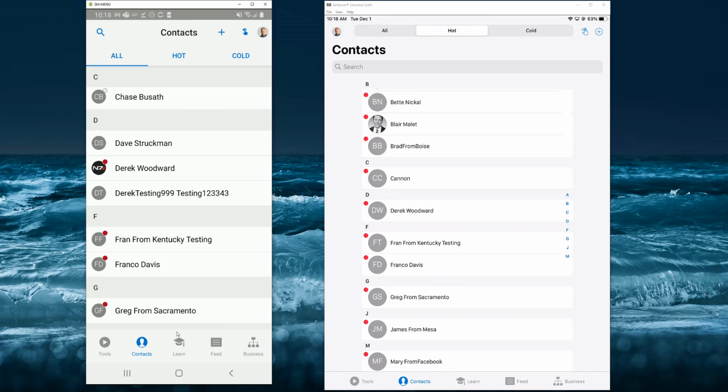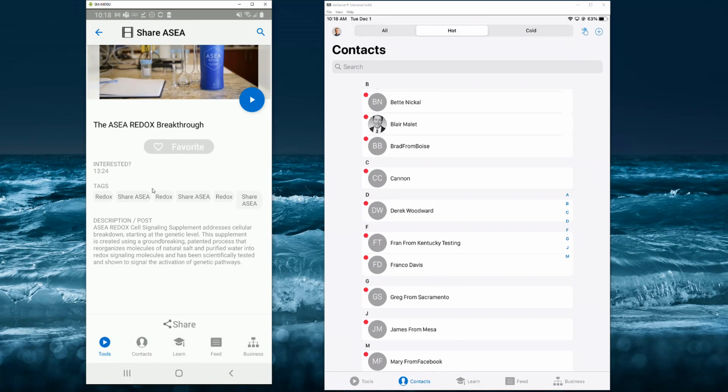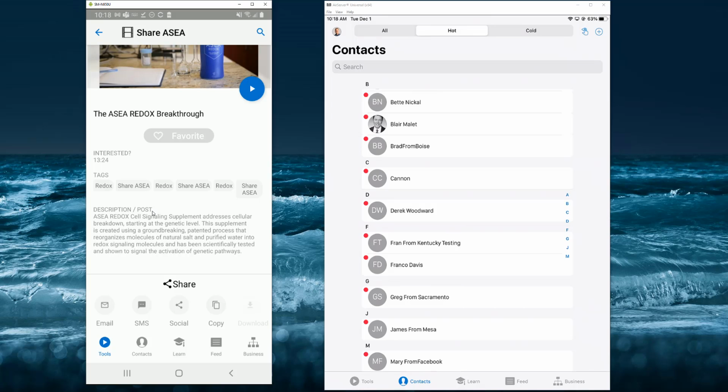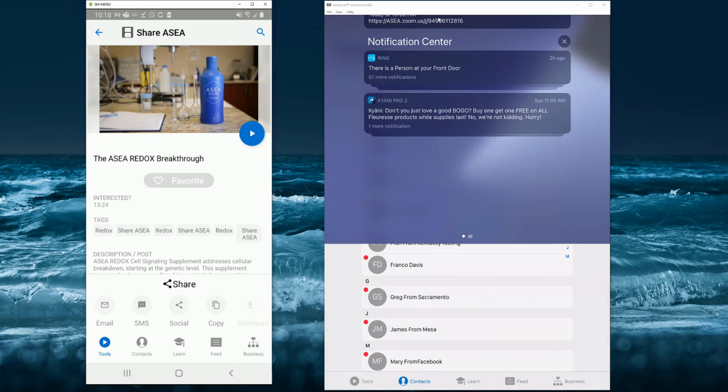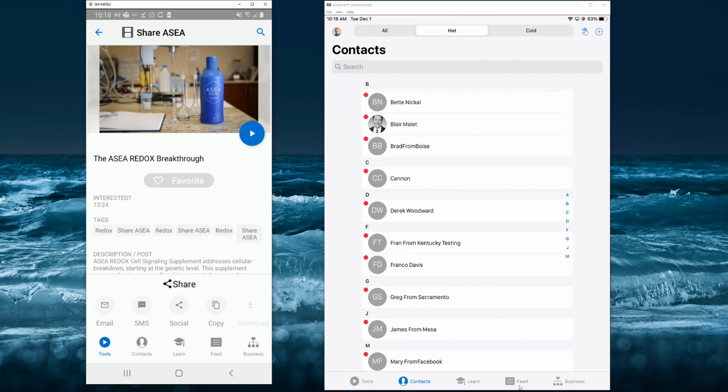Let's go back here to my screen. Sharing via text message is really nice. It's a very, very clean process and way for you to get the content across. Those notifications that we were looking at there on the iPad are all going to be stored here in the feed section. So if I tap on my feed section here,